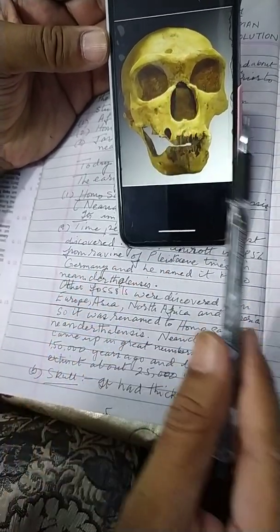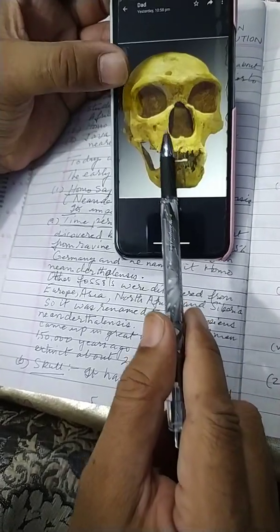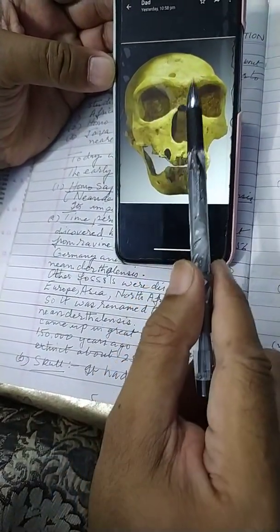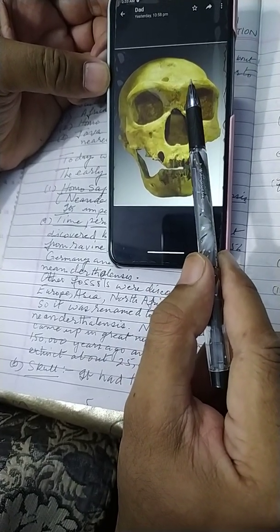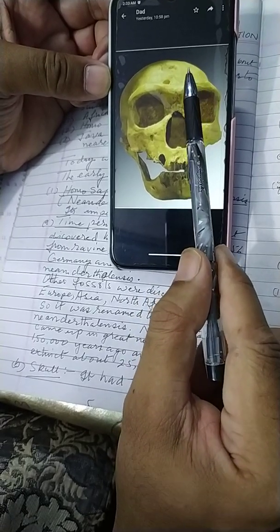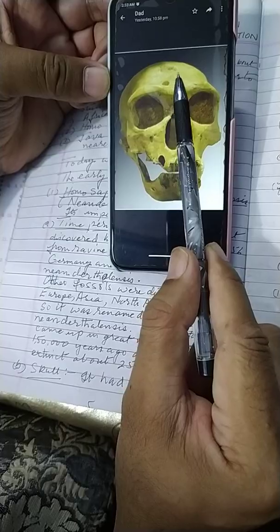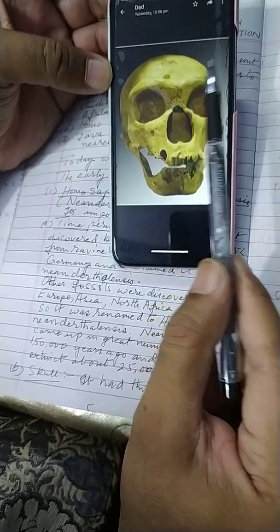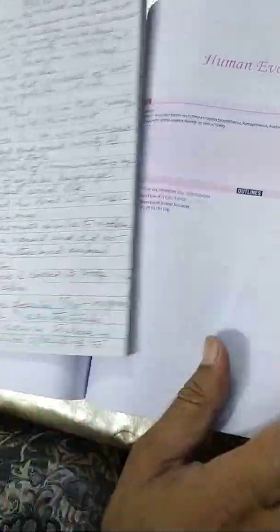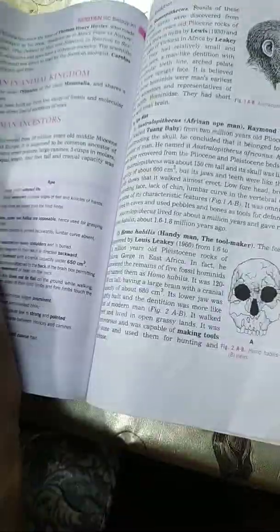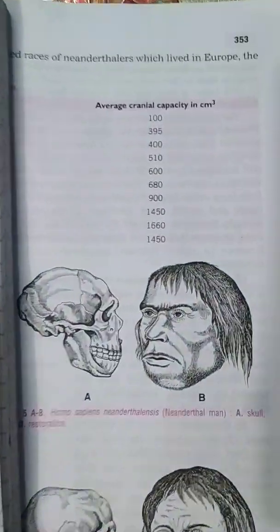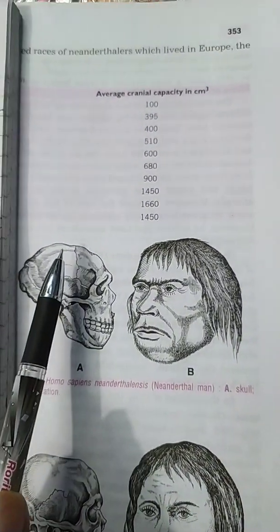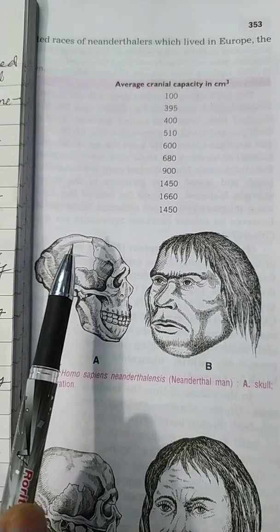If you look at the skull, it had a thick boned skull. If you see how thick the bone of the skull is, and this was depressed. We see here a depression. This was a depressed skull and protruded behind. Let us have a look at another picture where we see that the skull is protruded behind. So we see the protuberance of this skull here. It is protruded from behind.